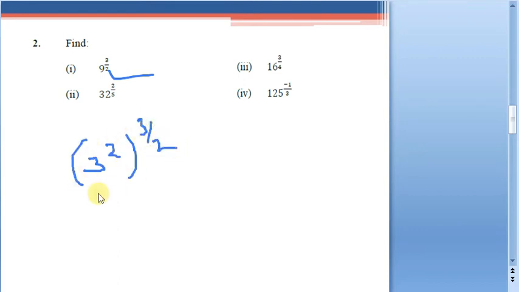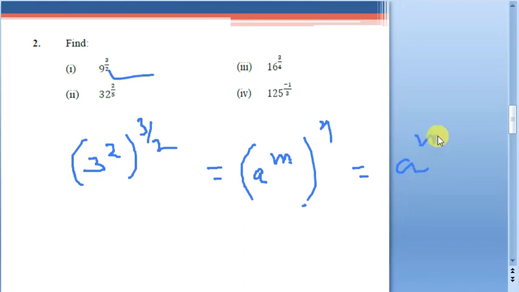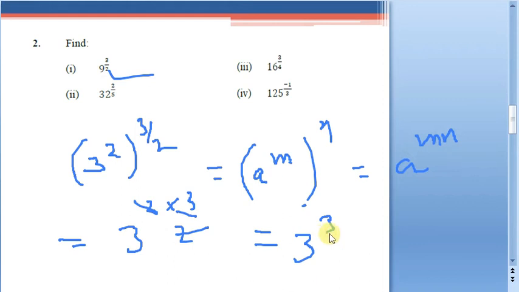Now see in which form it is. It is of the form a power m, some base is there, for that some m power is there, and for that entire thing some n power is there. So how will you write it as a power mn? So this is going to be your result. Now see, in place of a, what is there? 3. In place of m, 2 into 3 by 2. So this 2 will get cancelled here. 2 ones are like 3 cube. So what is 3 cube here? 3 cube is going to be 27. 3 cube is what? 3 into 3 into 3. So that is why 27 is the answer for the first one.